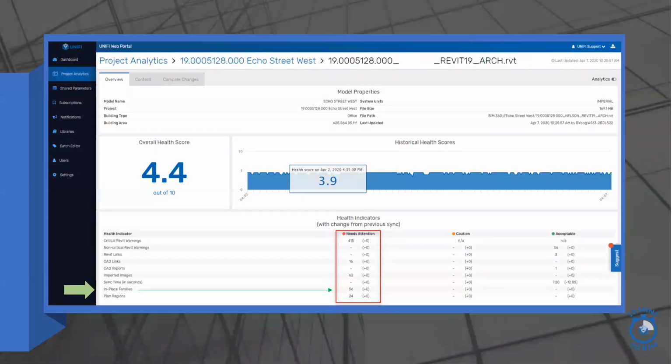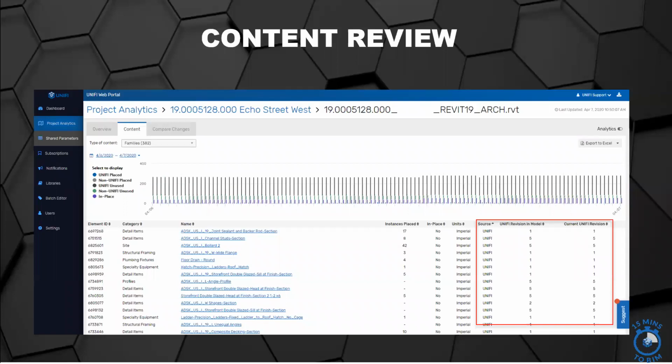In-place families, I have 56 of them next. I'll also be talking about plan regions before we come back and revisit this page, where we have 24 of them. So again, on the Content tab, getting into the images side, before we get into in-place families,